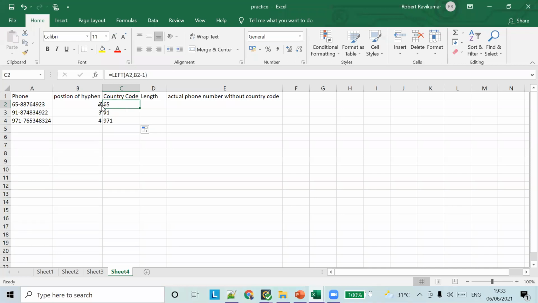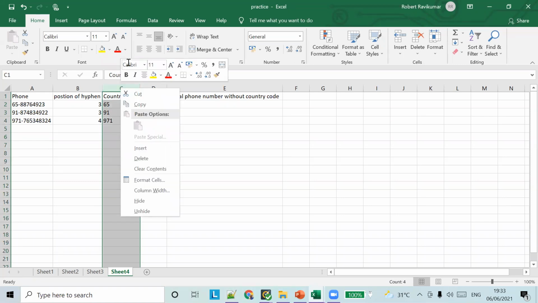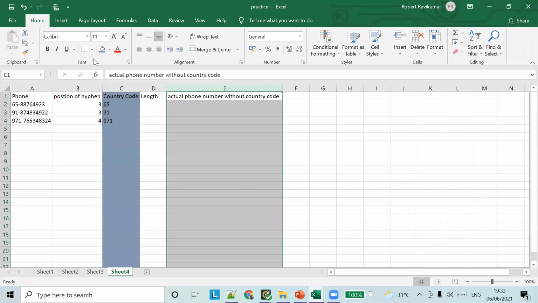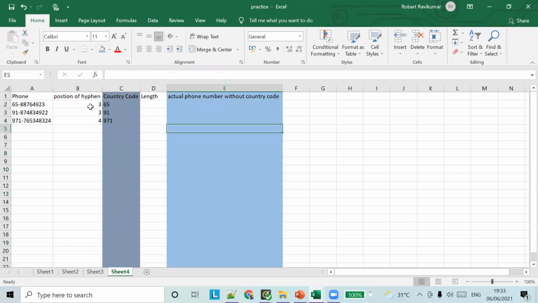Okay, so we're going to see the actual result. We are trying to find only these two things. But to achieve that, we have to have these values all together. So what I am going to do is find the position of hyphen first. The hyphen is in position 3 and 4, right? Everybody understood the position of hyphen.